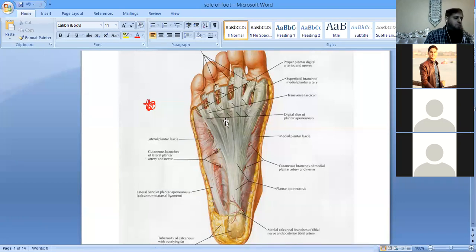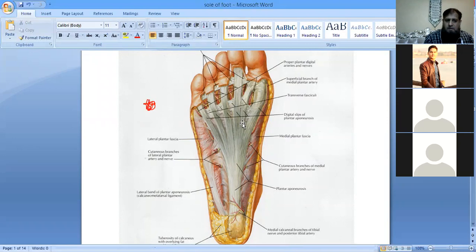Fine. So the deep fascia is also called the plantar fascia, and the plantar fascia is going to be thickened in the central part and form the triangular part, that is called a plantar aponeurosis. ठीक है? On the medial aspect and the lateral aspect, it is not much thicker. It is a weaker and thinner area. ठीक है जी? Now this deep fascia is going to form three structures in the sole of the foot. Number one, this triangular aponeurosis, that is called as what?